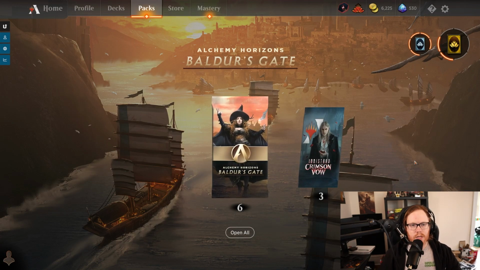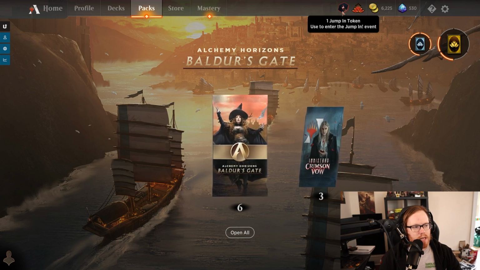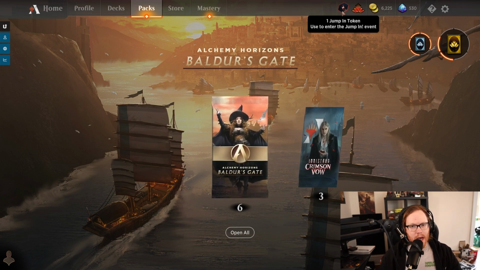We are just doing the jump in event, just because that is currently what we have the currency to do. We already have a deck. I do have one more jump in token here that I can use to do another one. I'm not actually a big fan of the current package, so a part of me is thinking, over the next couple of days, depending on how the games go, of maybe jumping in and crafting the deck,